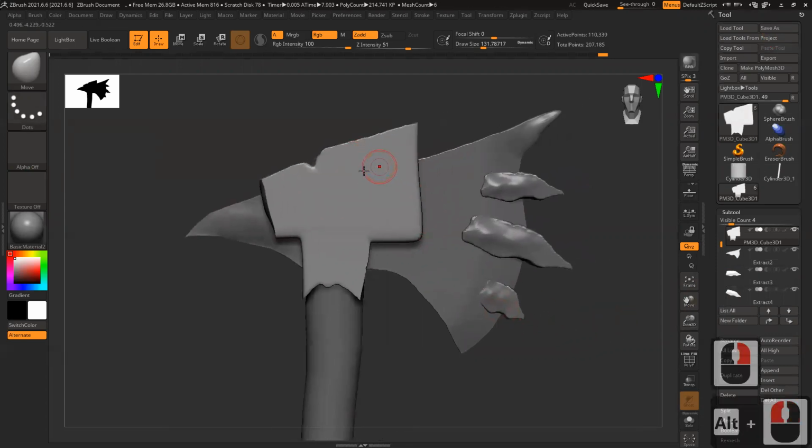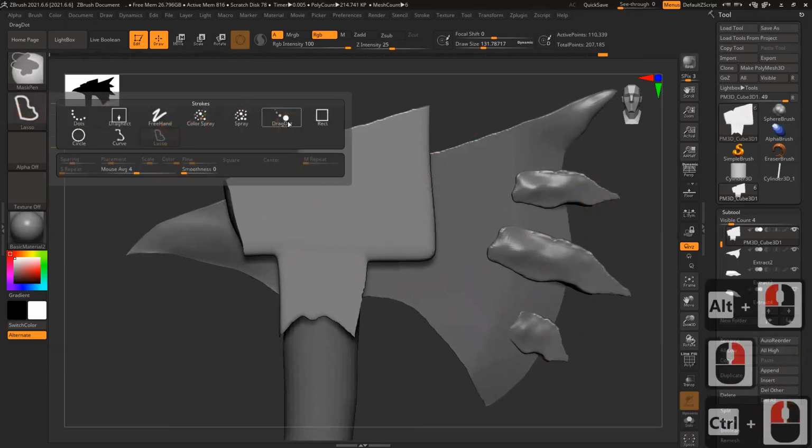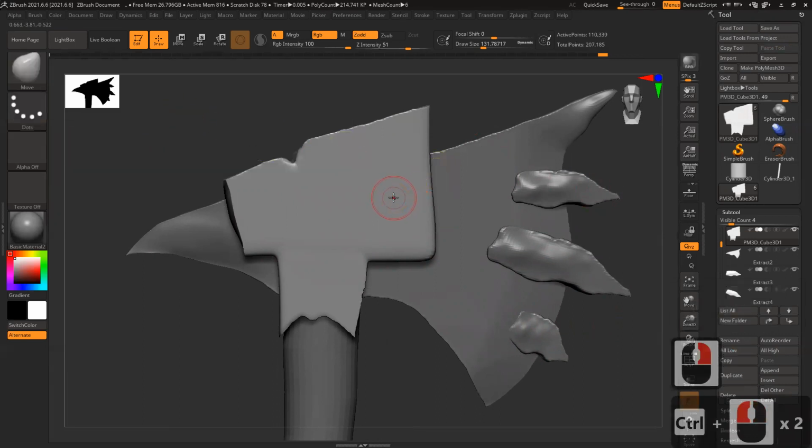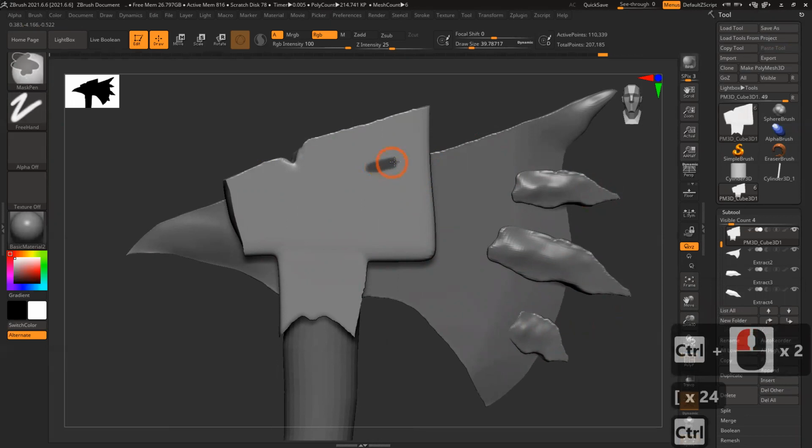So now those eyes I have to create. How do I do it? I can just simply mask them and then create it. Brush, small brush. A smaller brush will give you a smoother and sharper selection.